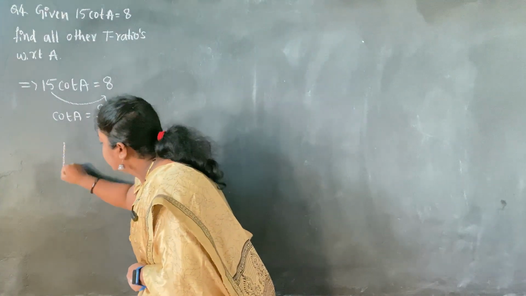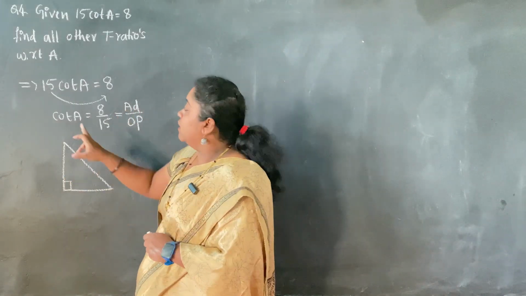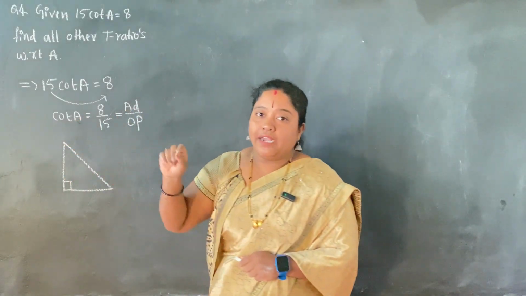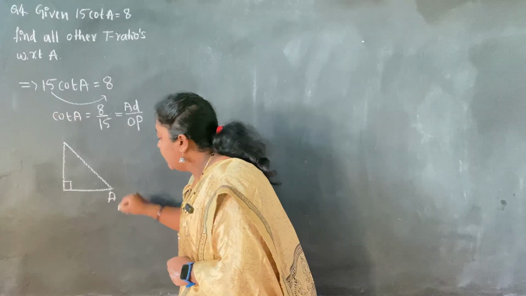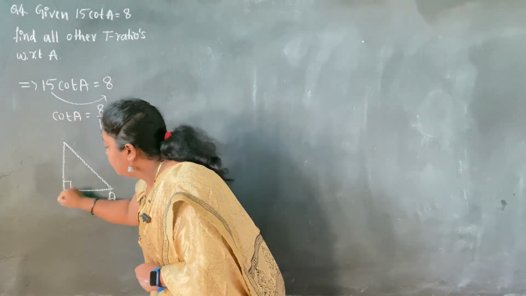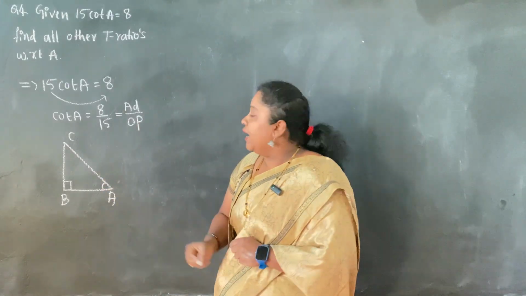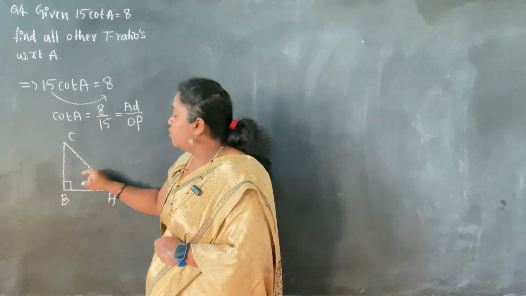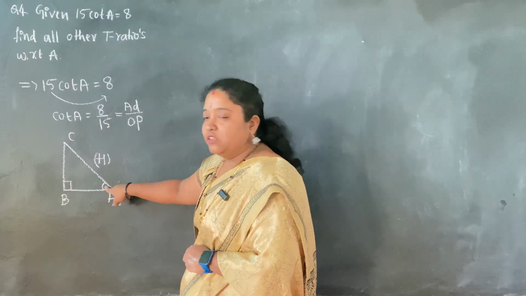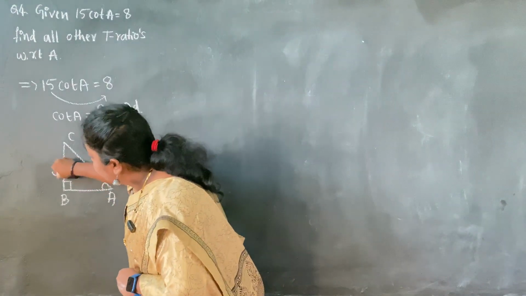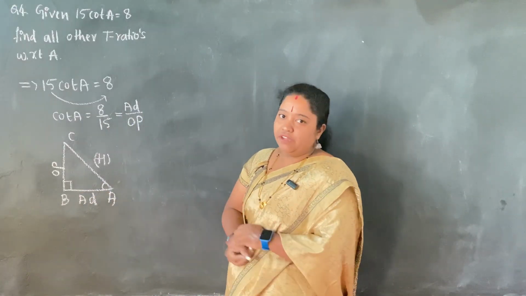Okay, we'll roughly draw the diagram to find the value. Now this is our right angled triangle, and again the angles are with respect to angle A, and A is an acute angle. Any one angle you can consider as an acute angle. So I'll take this as angle A, dears, and this is angle B, and this is angle C. Now they are talking about angle A, and the side opposite to 90 degrees is the hypotenuse, and they are talking about this angle. With respect to this angle, this will become the opposite side and this will become my adjacent side. Fine, we'll fill in the values right now.